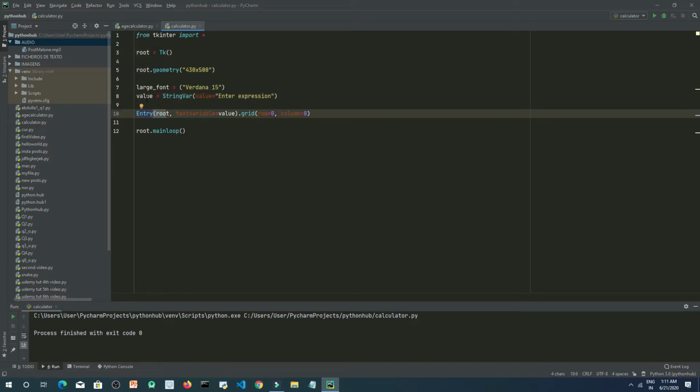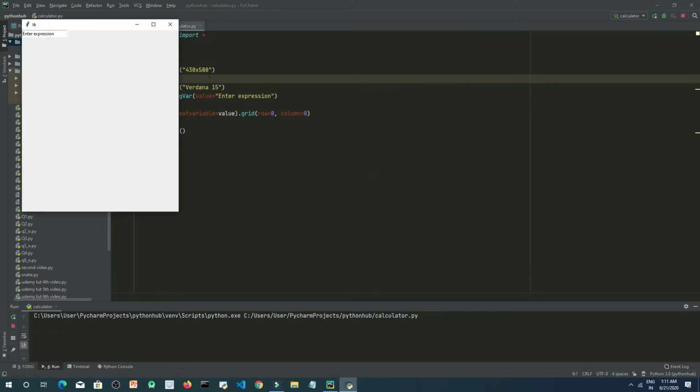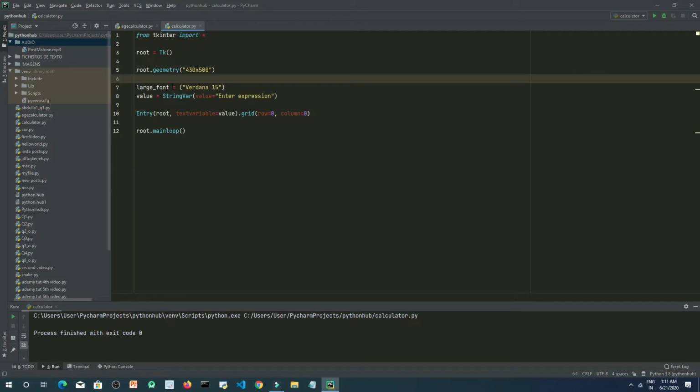Okay, because this value is given to the text variable of this entry widget. Okay, so let's try to run this, and as you can see, this is currently so small, so let's make it large using the large font variable. Okay, so we pass the font type in the entry widget.